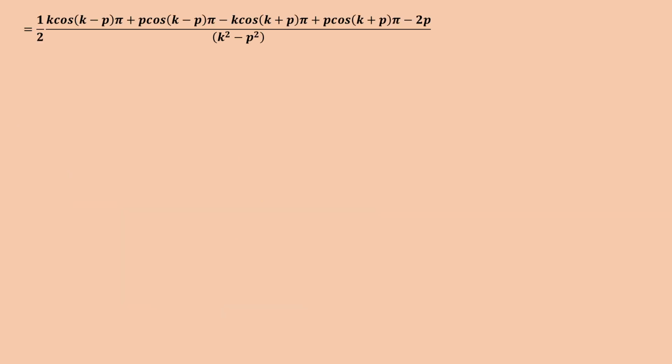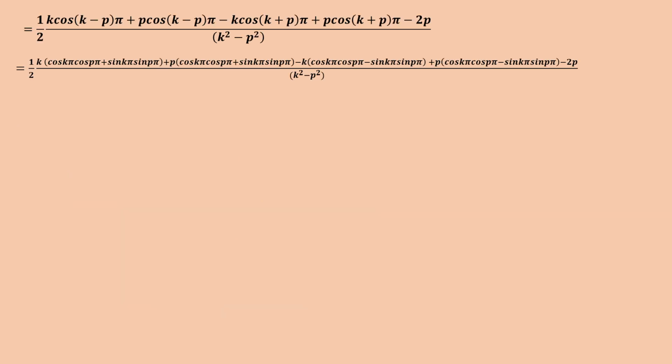So 1 by 2 [k cos(k minus p)pi plus p cos(k minus p)pi minus k cos(k plus p)pi plus p cos(k plus p)pi, and p minus p minus p minus p gives minus 2p]. Then this is equal to k into cos